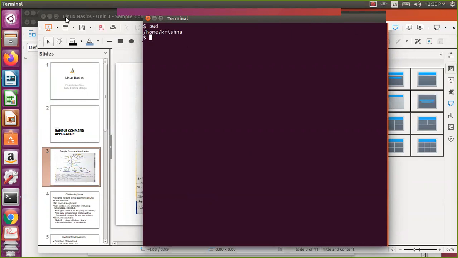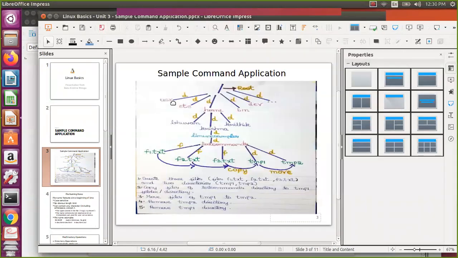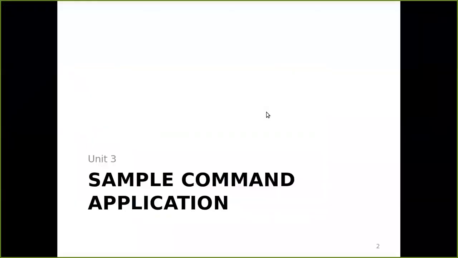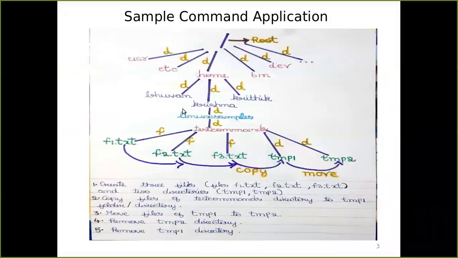These different directories we'll be seeing in the upcoming next unit, the important directories and all. As of now, under root you have the /home, and under that is Krishna.